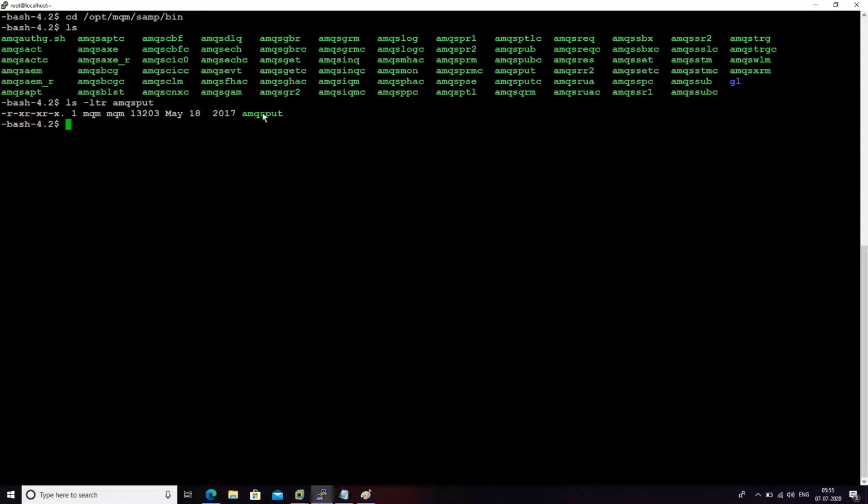It will display whether it exists or not. Okay, it's displayed. To put a message, use the command ./amqsput followed by your local queue name, QL1, and this queue belongs to QM1, queue manager 1.